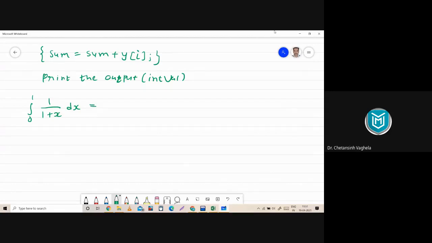So here the integration of 1 upon 1 plus x will be ln(1 plus x). The integration limits are 0 to 1. So for upper limit it will be ln(1 plus 1), minus for lower limit it will be ln(1 plus 0). So this will be ln 2 minus ln 1, but the value of ln 1 is 0. So finally we will have ln 2 here.